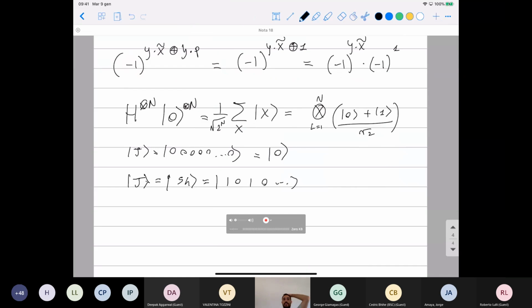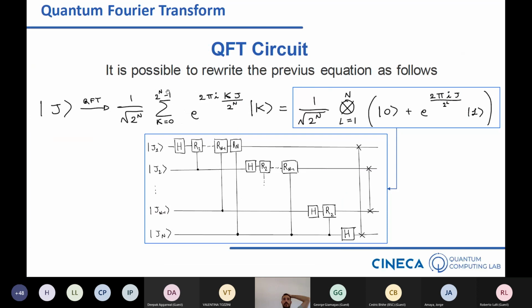Like in the case here, if you do the Hadamard not on all qubits but just on some of them, then you just have a smaller superposition, with the other qubits still in the zero state. So you don't span the full 2 to the n. You don't span the full space. You just restrict to a portion. So I don't know if this